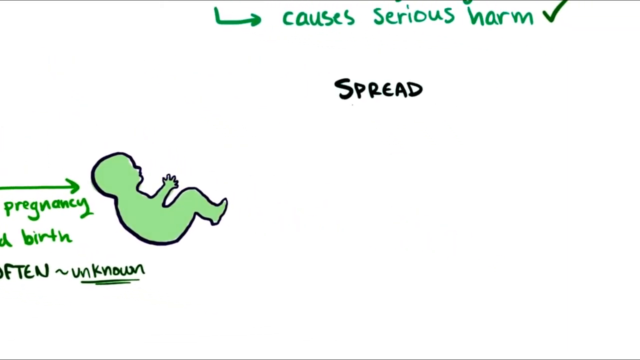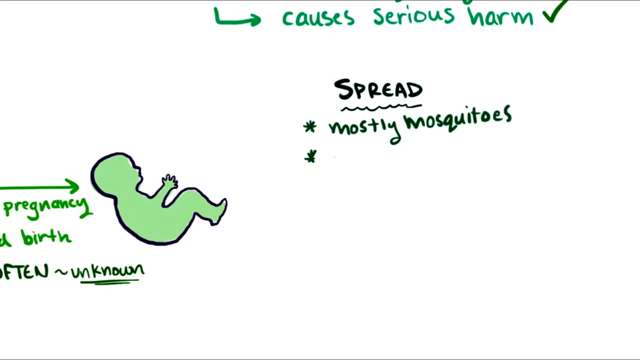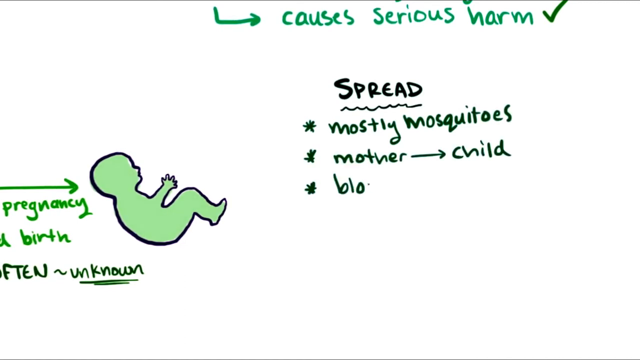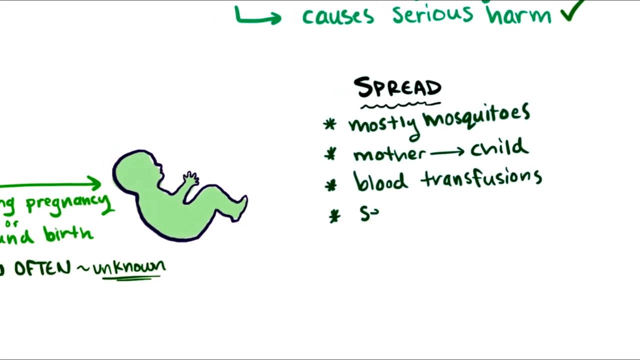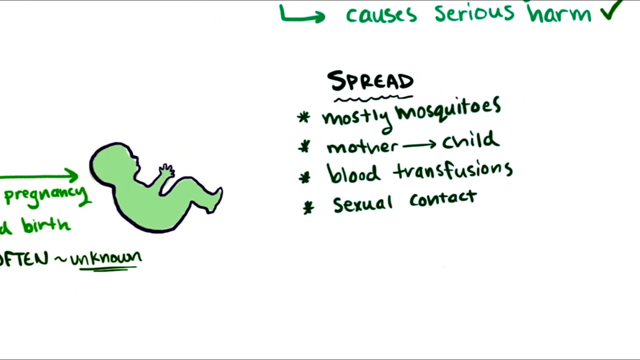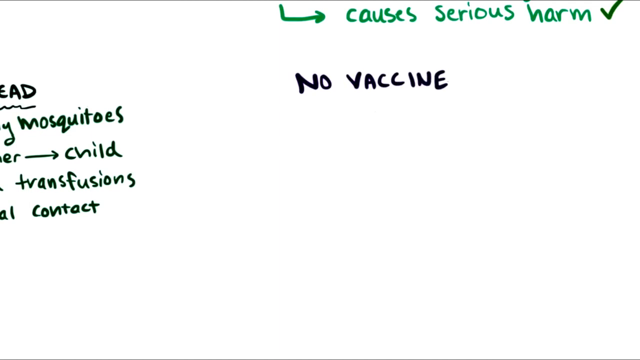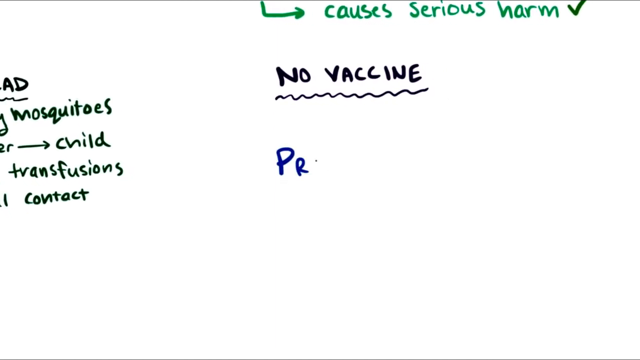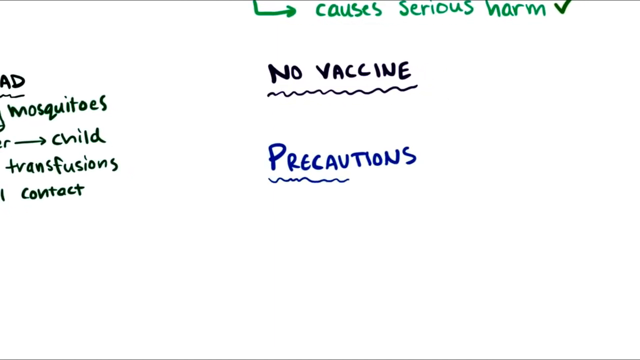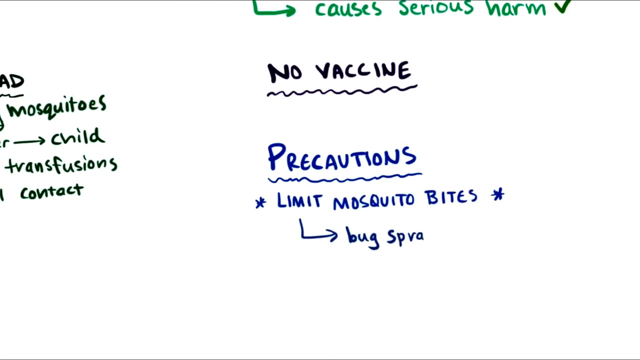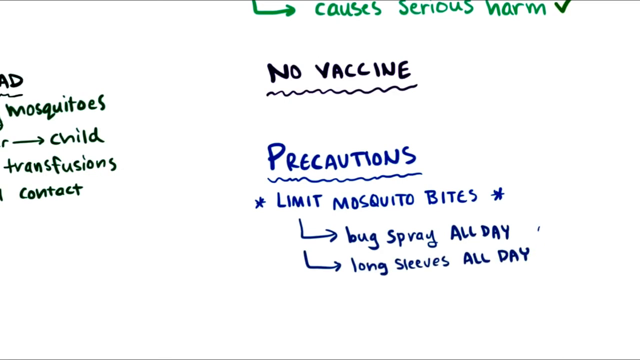In addition to being spread mostly by mosquito bites, and in some cases from mother to child, Zika virus has also been reported to spread through both blood transfusions and sexual contact. Currently, there's no vaccine for the Zika virus, so it's highly advised to take precautions against traveling to areas of outbreak, mostly limiting mosquito bites, so doing things like wearing bug spray all day or wearing long-sleeve shirts and pants,